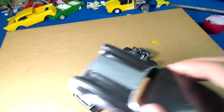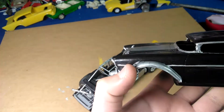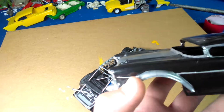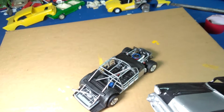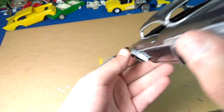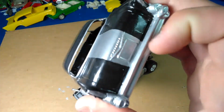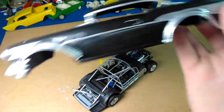The body is metallic black with metallic silver fender flares, trim, bumpers, and stripe. The headlights are also painted that color because I didn't have decent ones back here. I should have painted the badging, but it's too late now. I should have painted the taillights too, actually, come to think of it, but